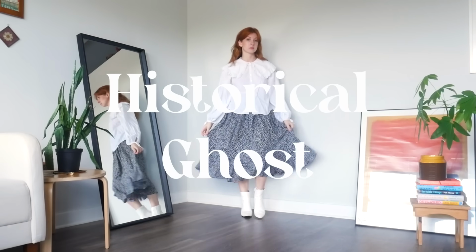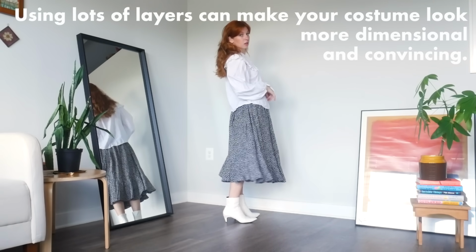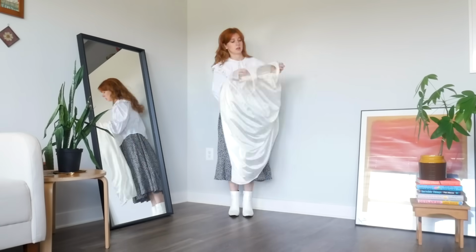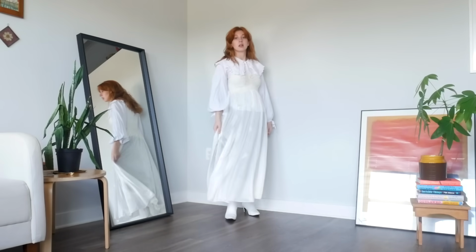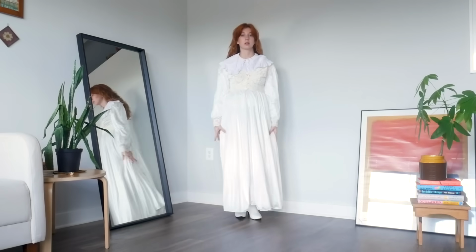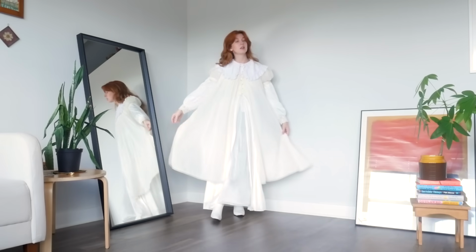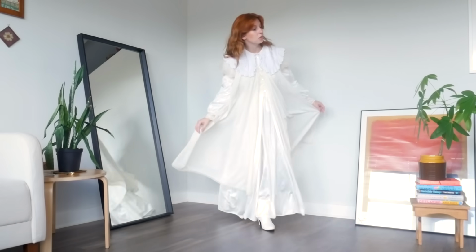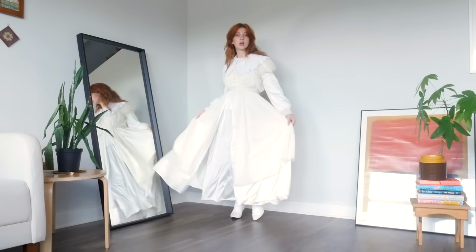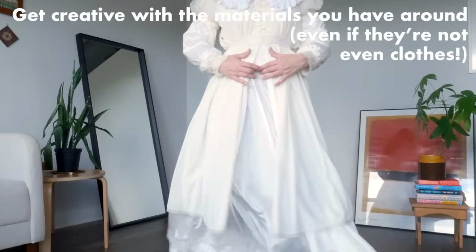Costume number 3 is a ghost. And for this look, we are using the power of layers to create a really dimensional, historical, ghostly look. As you can see, I started with a frilly, oversized collar blouse, and then just built up more and more layers from there with this sleeveless white nightgown, white long sleeve robe, and shorter puff sleeve robe on top. I think this already looks extremely ghostly as it is, but then to give the look a bit more definition, I also added this white mesh fabric strip around the waist that I'm pretty sure came from some old gift wrap. There's another tip, don't be afraid to use unexpected objects that aren't even meant to be worn to complete